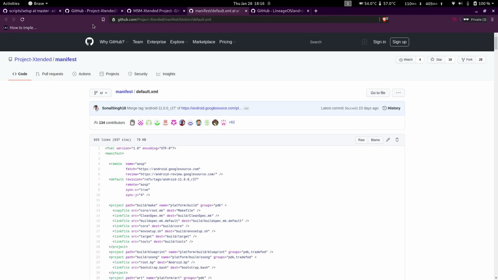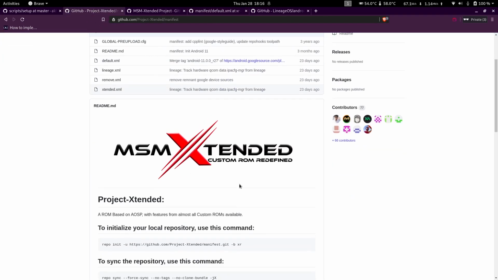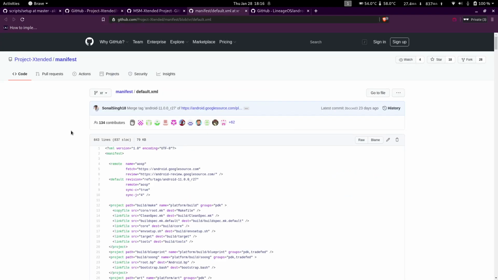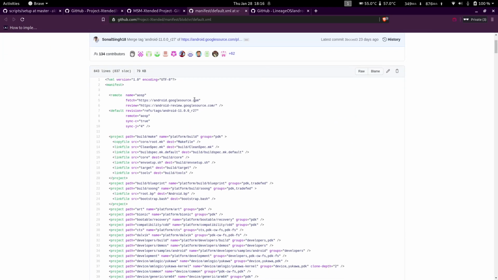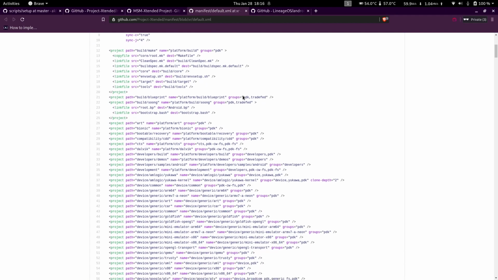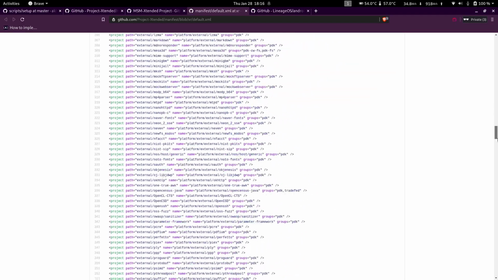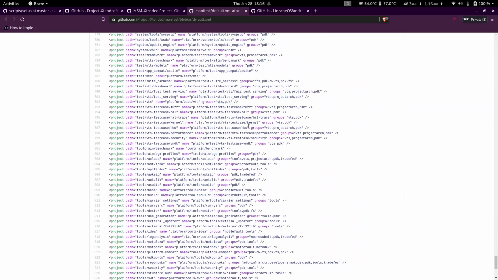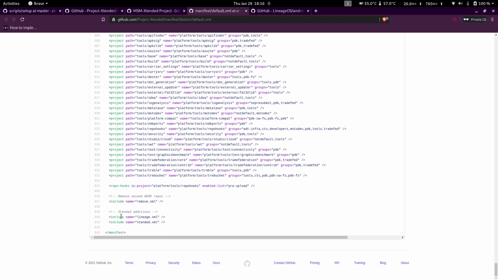Once you clone the manifest, there's this default.xml which basically clones stuff from AOSP, like I told, which is Android Open Source Project, and Google has their own GitHub alternative where they push the source code. So these are all the repositories that get synced, and since this is a custom ROM, you can see that there are additional repositories that are synced.